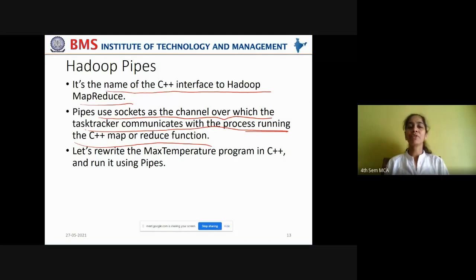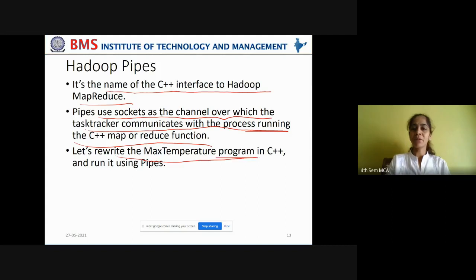So these pipes use sockets as the channel over which the task trackers communicate with the process running the C++ map and reduce functions. If they are written in Java, the way of communication is different. If they are written in C++, Hadoop pipes use sockets to perform the communication.